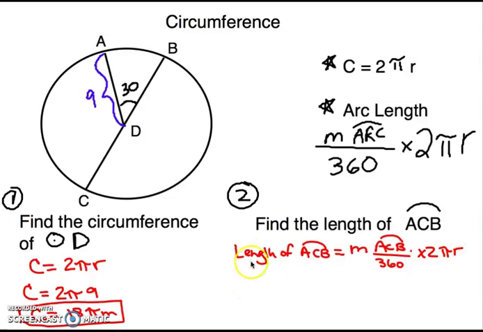So when we start to plug in our values, we're going to have equals 330. Okay, so if we're looking at ACB, you can see here we go almost all the way around the circle. We have 30 left, so that's how we get the 330 divided by 360 times, right here we remember our radius was 9, and down here we figured our circumference, so that's going to be times 18 pi,